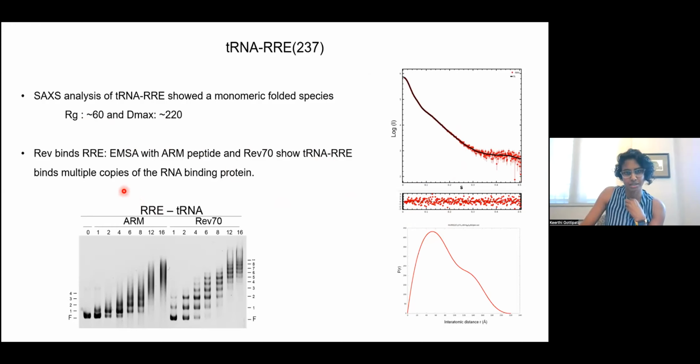And then we tested the Rev binding. We looked at binding to just the arginine-rich motif peptide, and then Rev-70. As was seen previously, several copies of ARM and several copies of Rev bind the full-length RRE. So now we know the RNA is clean and it's functional, and so we went ahead and